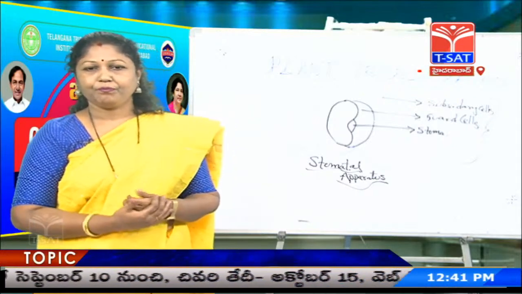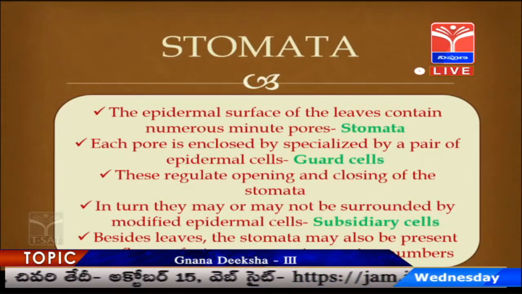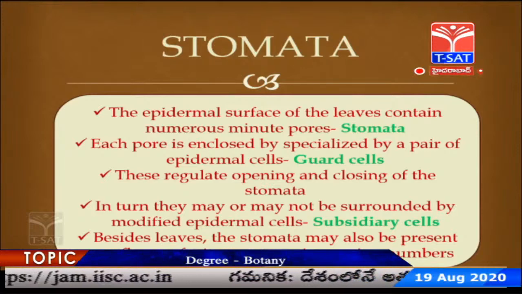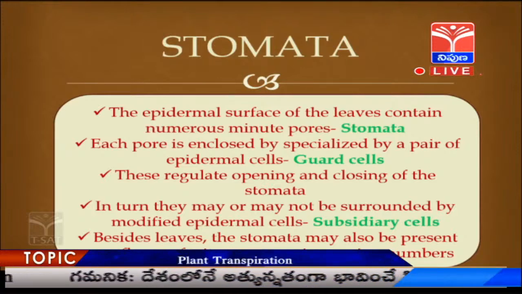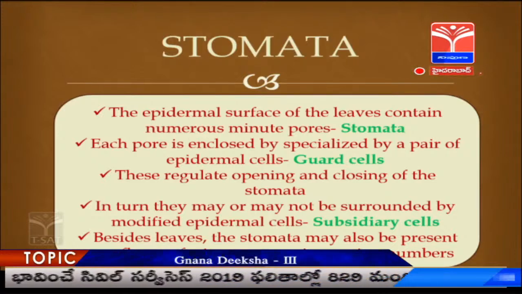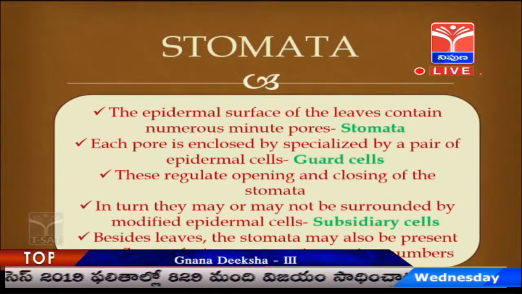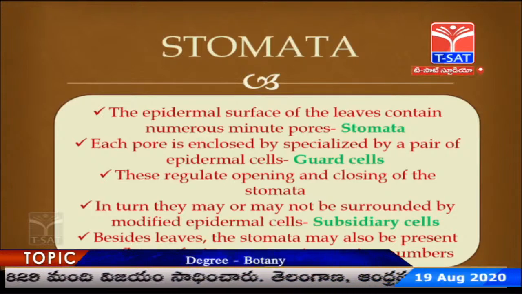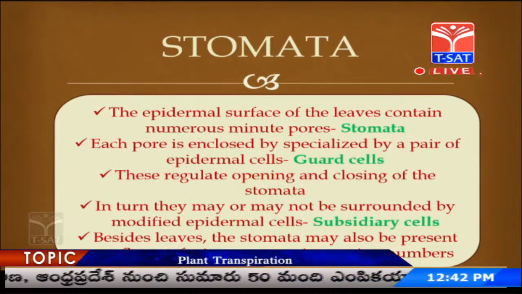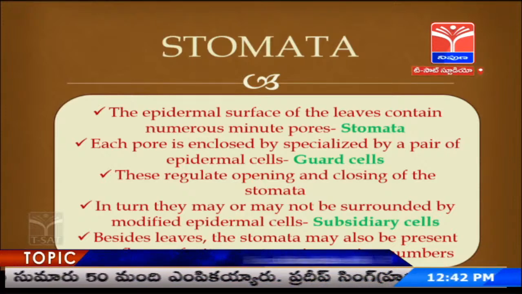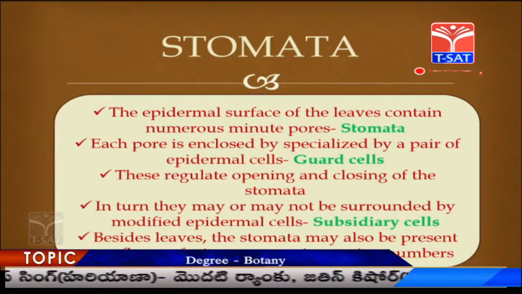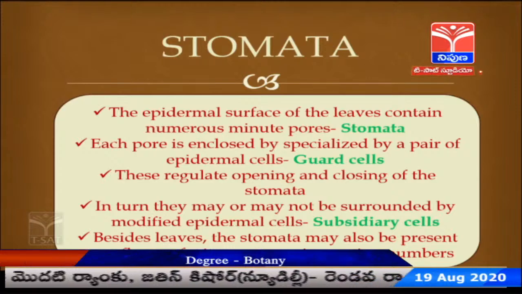Now, let us learn what the stomata is actually made up of. The word stomata is coined from the word stomatos. It is a Latin Greek word. Stomatos means a small opening or an orifice or an escaping region. In plants also we find small minute pores called the stoma. This stoma is surrounded by 2 specialized epidermal cells called the guard cells.